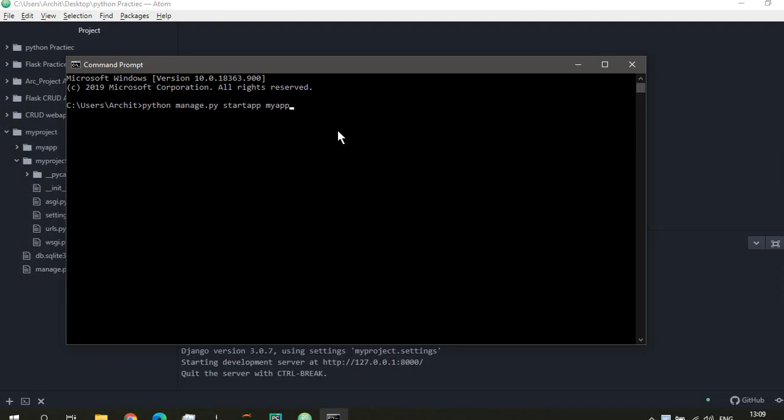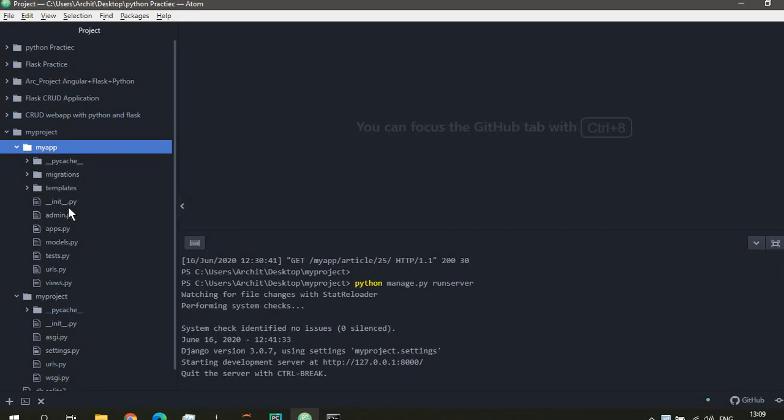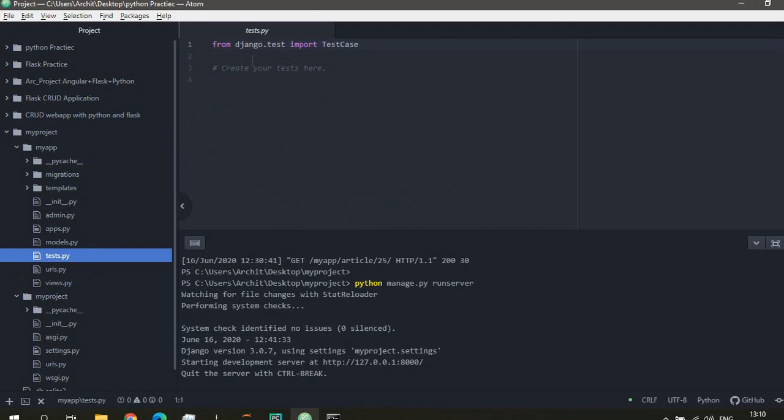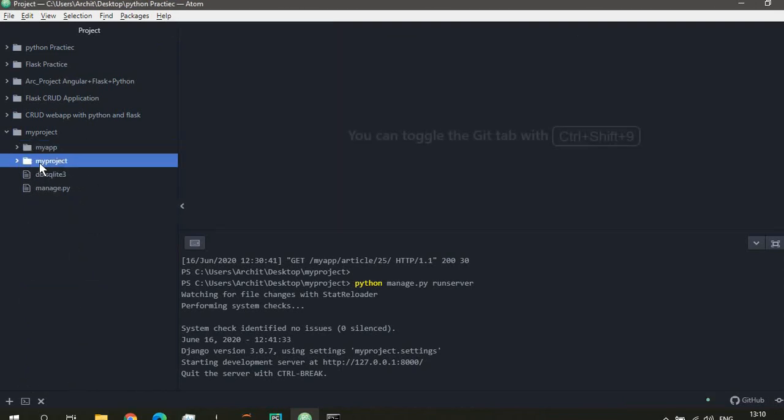If you execute this command, you'll see that inside your myproject you will have a myapp folder created, which has already been initiated with many files inside of it: views, URLs, tests.py, and all of that. And this is in conjunction with the myproject folder which was previously created.